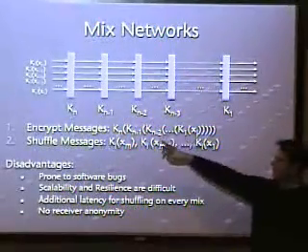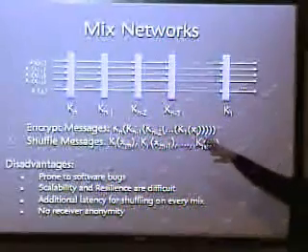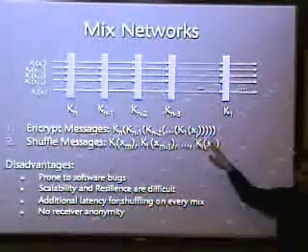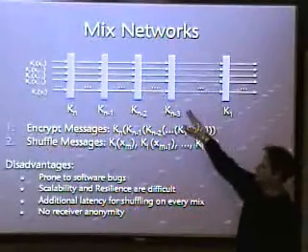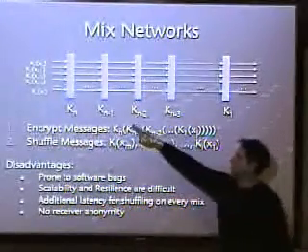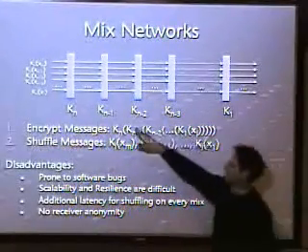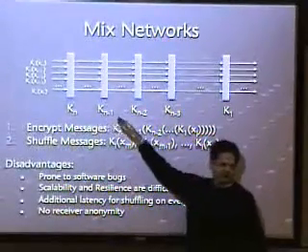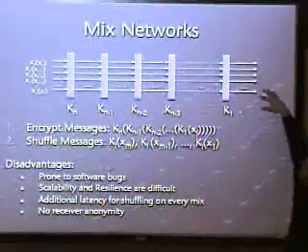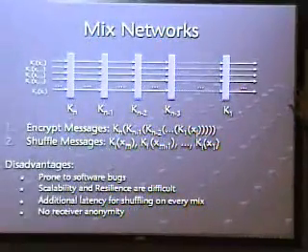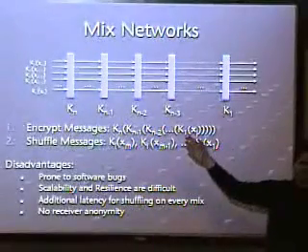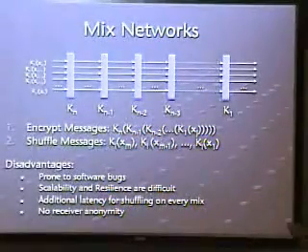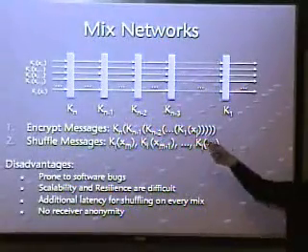Every sender has to encrypt in layers, as shown here, with the public keys of the various mixes before the messages get inserted into the network. Then every node just strips off a layer, shuffles the messages, strips off the next layer, and so on. So we get a random order of the messages, but these intermediate nodes don't know what the order is, because they don't know what the plaintext message is, nor do they know where the messages come from and where they go to.